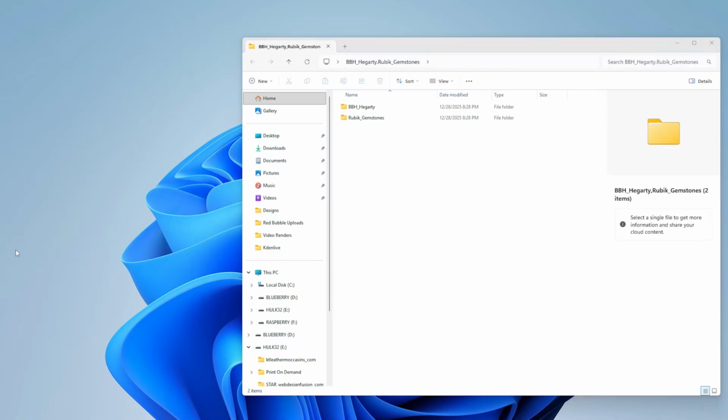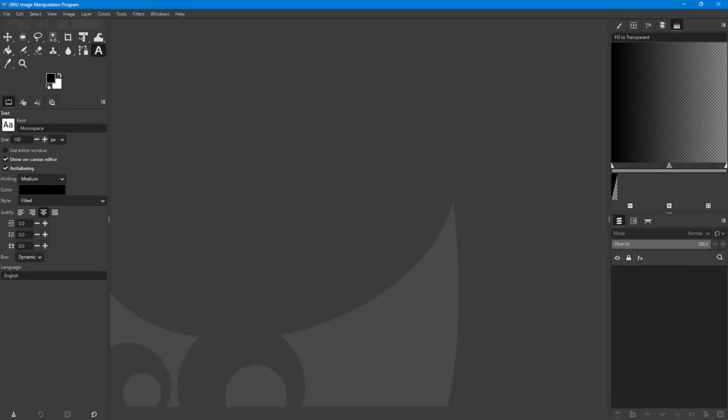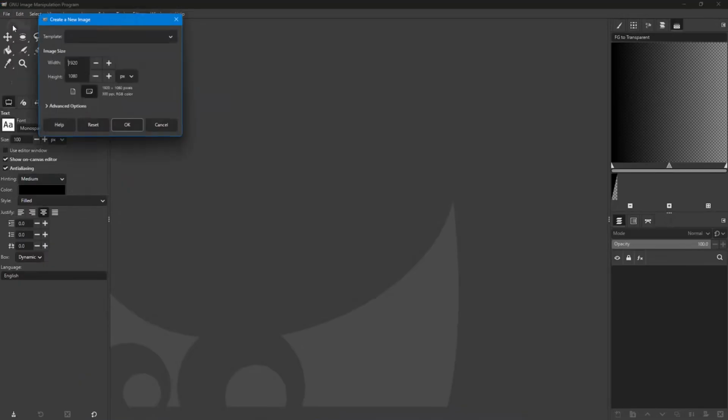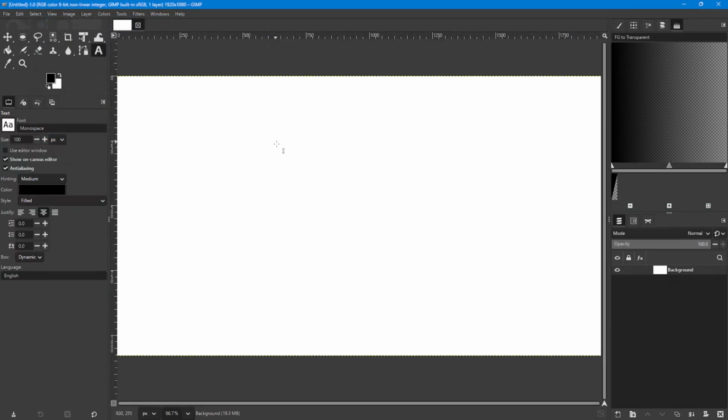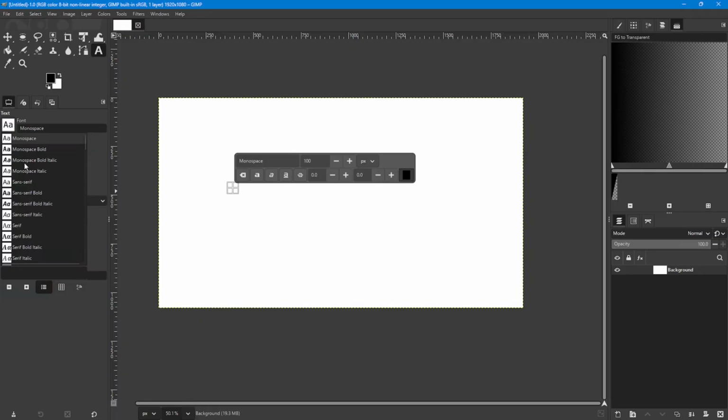So I'm going to go back to GIMP, and let's create a new file. It doesn't matter what size it is because we're not really going to use it. We're just going to get the text tool open so that we can browse the fonts that are already there. Now that first one was called BBH Hegarty, and if we scroll down here to the B's, you get BAR, and then it goes directly to C. So there's no BBH